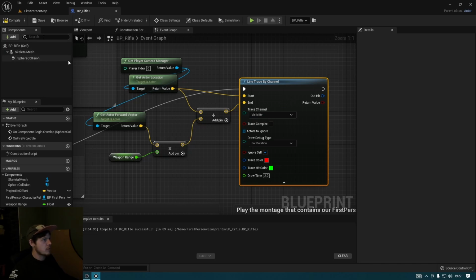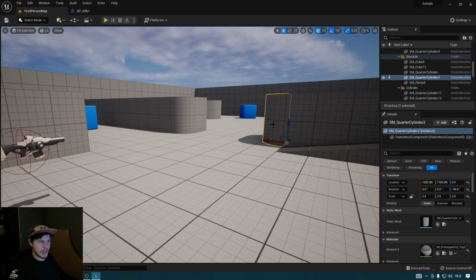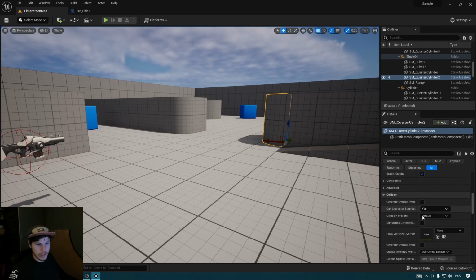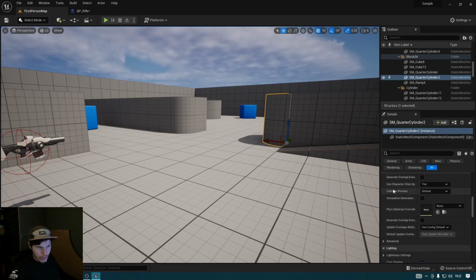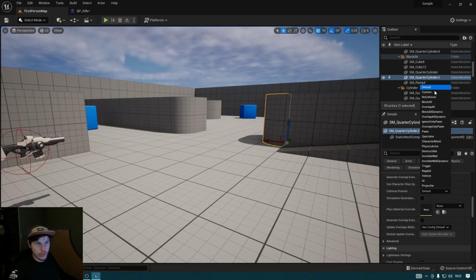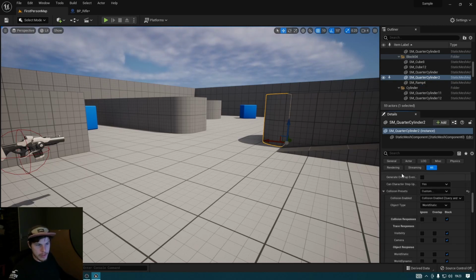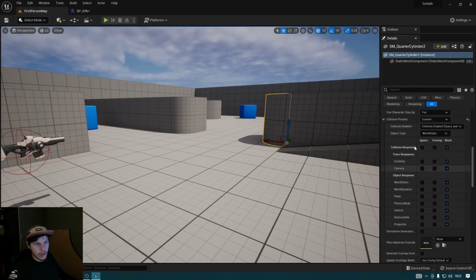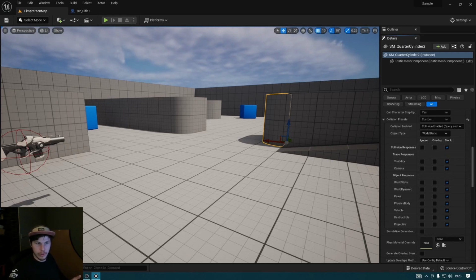It's probably easier for me to explain this from the side of an asset. If I just select an asset here and go down to collision, and if we look at collision preset and set this to custom, and then we drop this menu down, let me just make this bigger. So you can see here that you've got trace responses, you've got visibility and camera. So this object would block both camera traces and visibility traces,